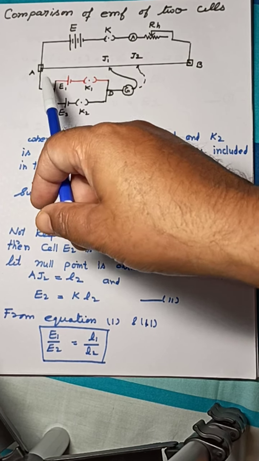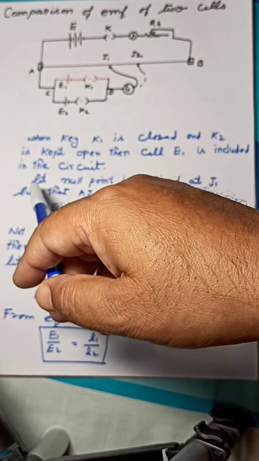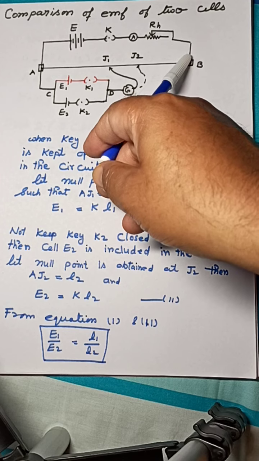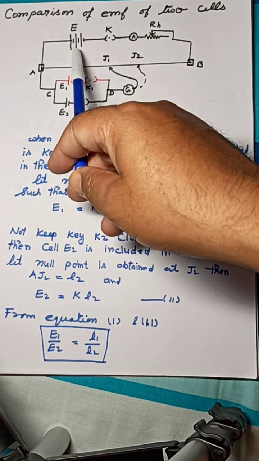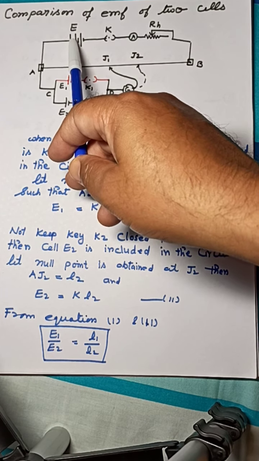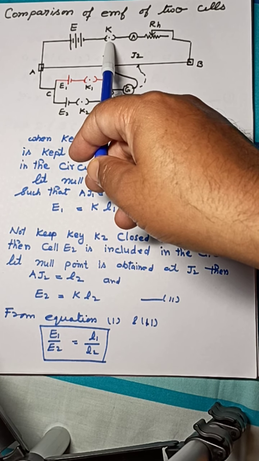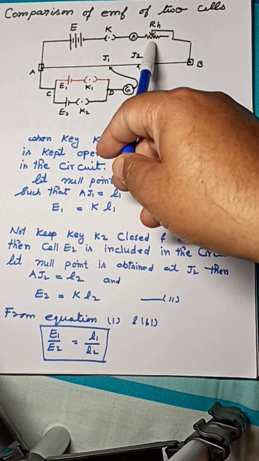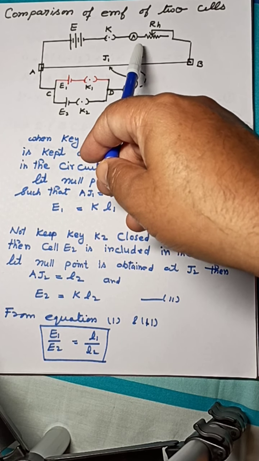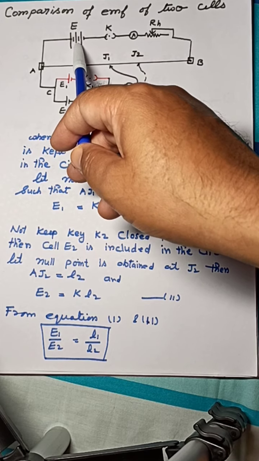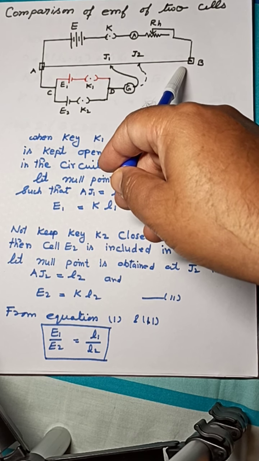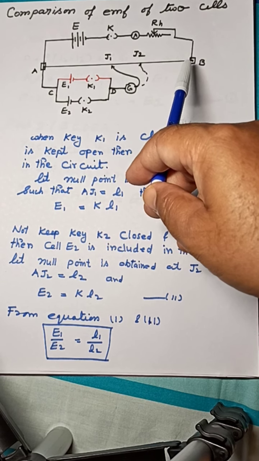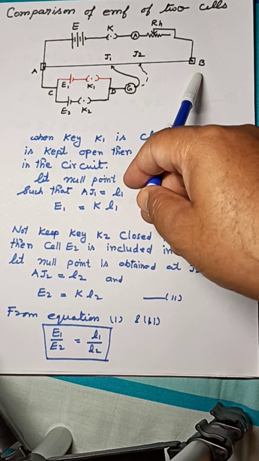It's a 1 meter wire. You can take 2 meter, 4 meter, 8 meter like this. And this upper part of the circuit is known as driver circuit, which consists of a constant power supply of EMF E, a key for switching on and off, a meter and rheostat to vary the current in the circuit. It should be noted that A should be at positive and B should be at negative, means 0 of the scale should be at A and 100 of the scale should be at B.